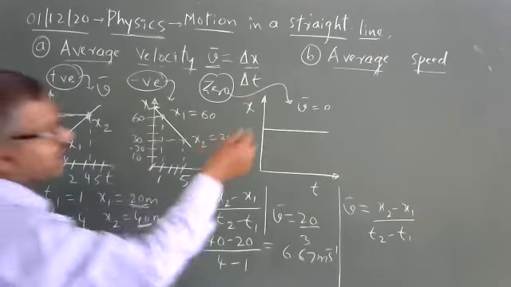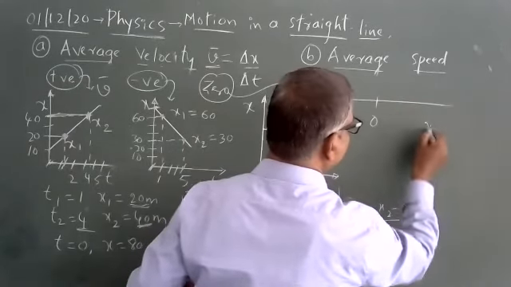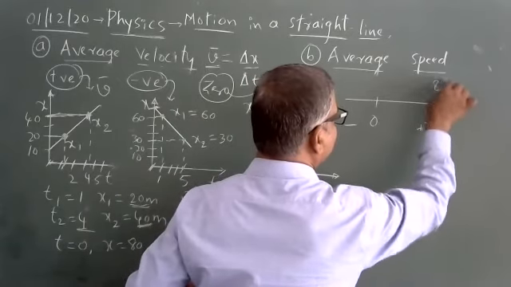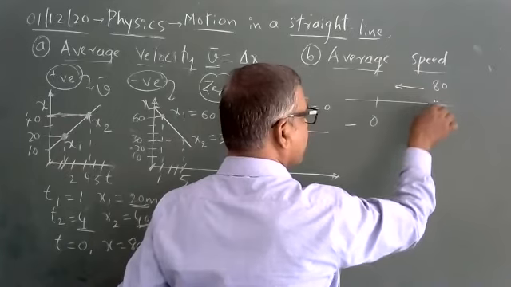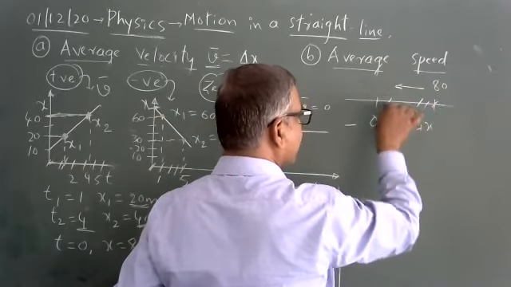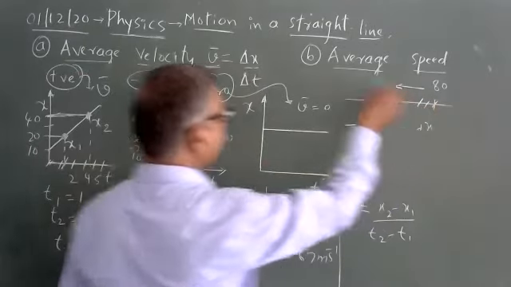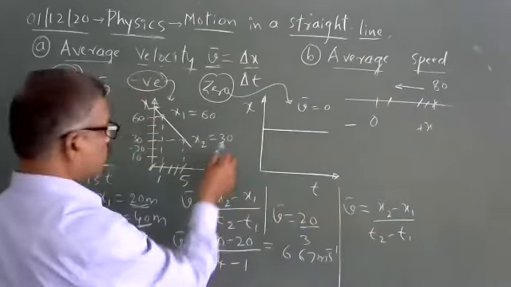Something like in a straight line, this is 0, this is the positive x-axis, this is the negative x-axis. The car was at 80. Now it is moving in this direction. Now 80 meter, 70 meter, 60 meter, and now it is here. This is called 30 meter. It starts and I locate it at time t equal to 0. Hence I'm going to get x2 equal to 30.